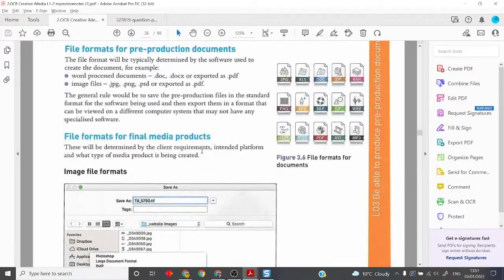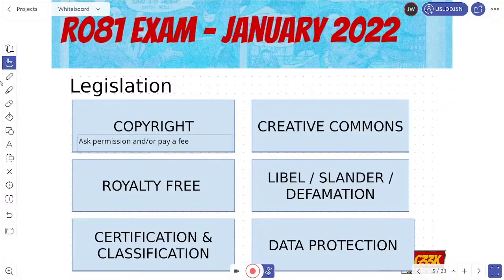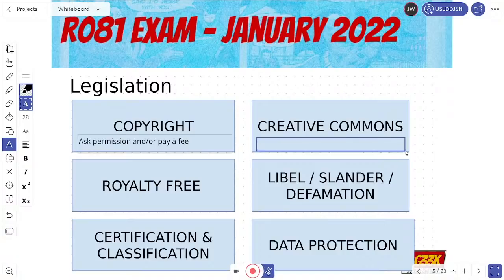Okay, what you need to know about is CC-BY. And CC-BY means that you can use it. Let me just put the copyright: ask permission and or pay a fee. Okay, so let's go back onto text. CC-BY means that you can use it how you like, so you can use it commercially, but you need to give